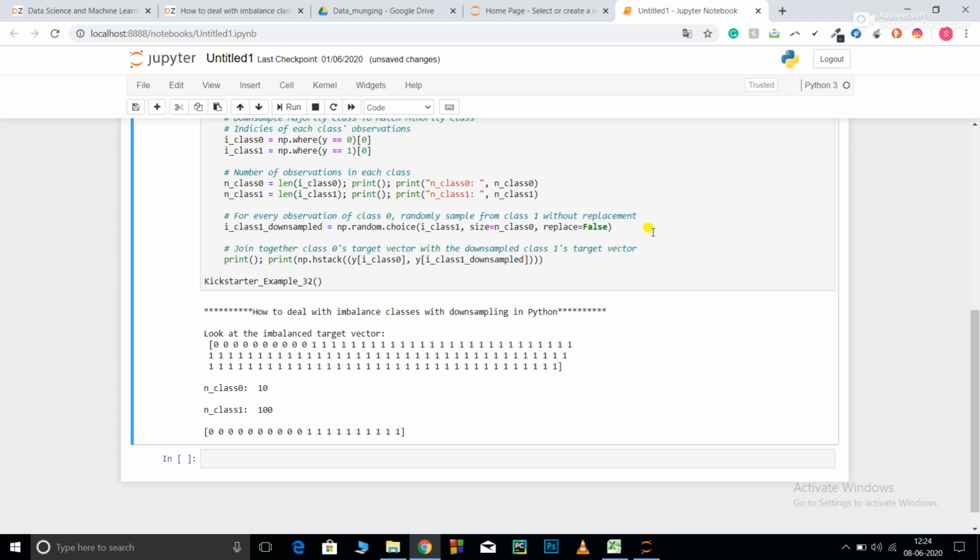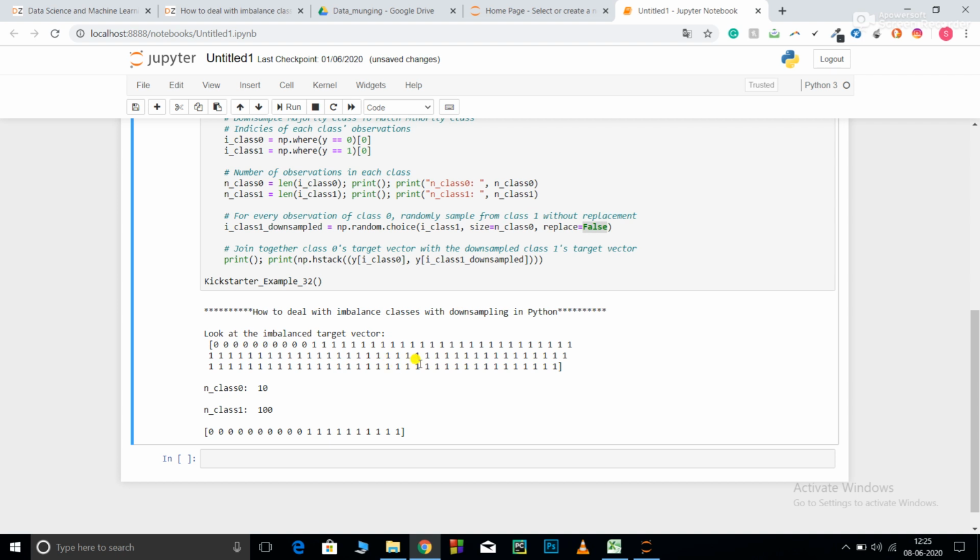In case you put replace equals True, you basically increase the number of target vectors, so that is used for upsampling. Whereas when you put replace equals False, it means select target vectors corresponding to these observations from the majority class, and you do not replace them. So basically the number of observations of 0 will finally be equal to the number of observations of 1.